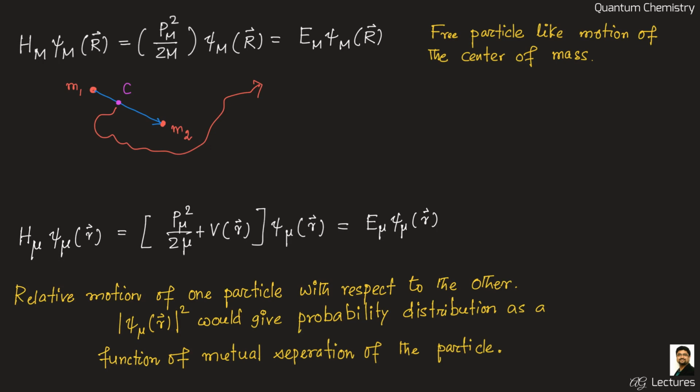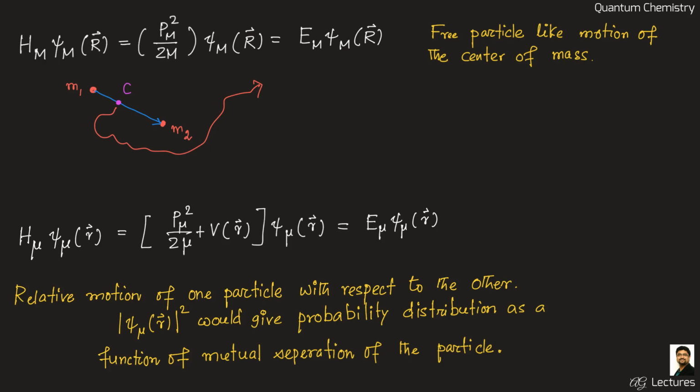Why is it important for a hydrogen atom? Because a quantity like this will simply give us the probability density or probability distribution of the electron as a function of its separation from the nucleus, because this small r is the relative coordinate, the position of the electron relative to the position of the nucleus. And such quantities, the probability distribution and its energy as a function of its separation from the nucleus, are the important things that we are looking for when we do the hydrogen atom